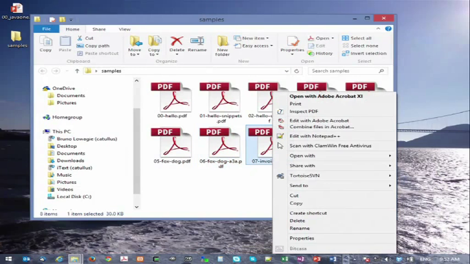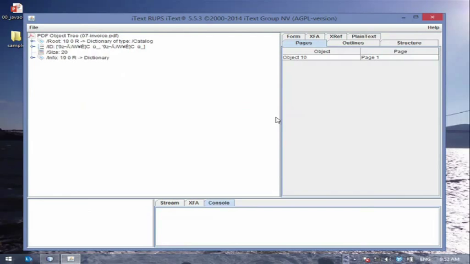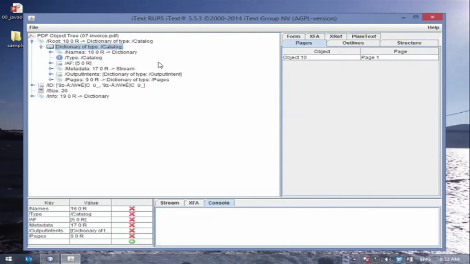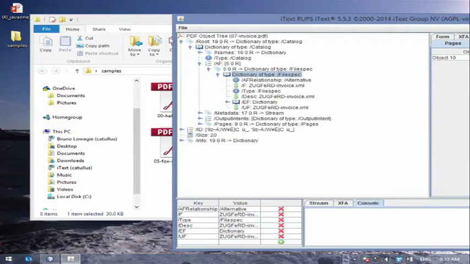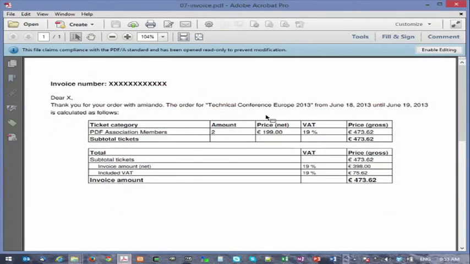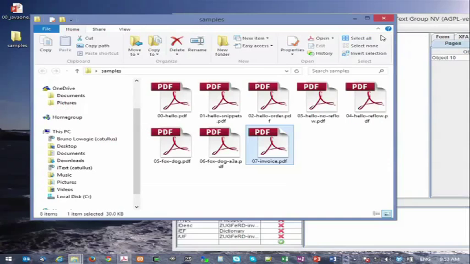And then finally, the ZUGFeRD invoice. Let's inspect the PDF. Now we have associated files. And in these associated files, we have a relationship, an alternative version of the actual invoice. So this is the invoice for human consumption. It's just a phony invoice.